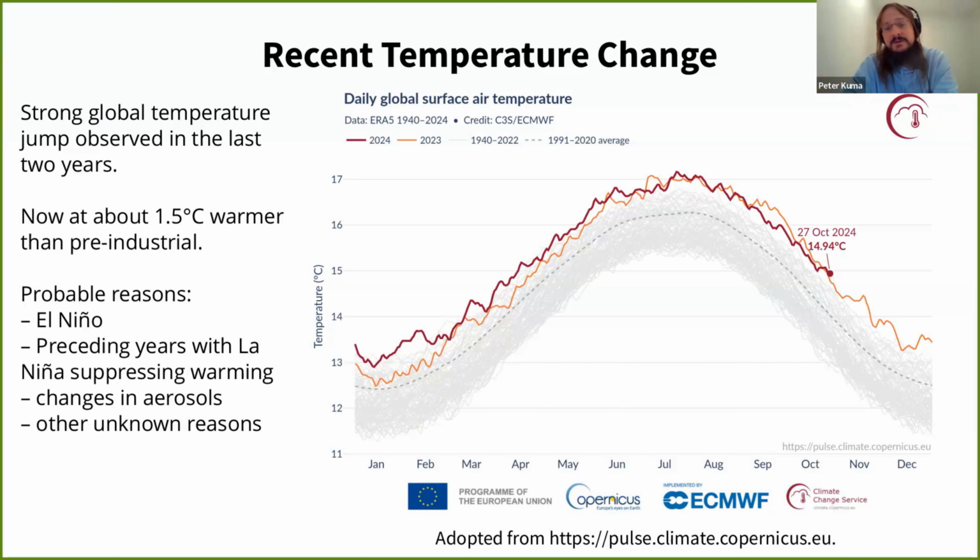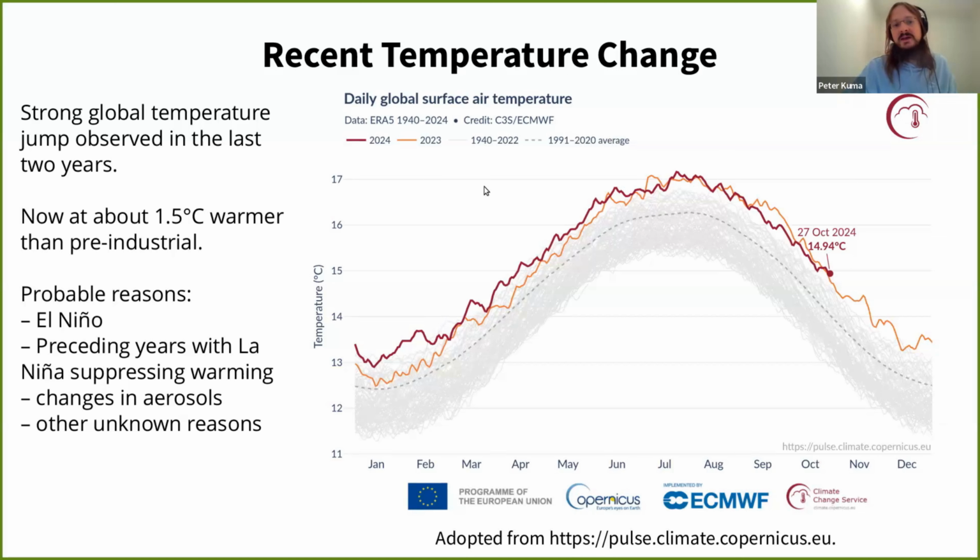The El Nino time periods are globally warm ones, and the La Nina periods are cold ones. That's due to how the circulation is arranged over the Pacific Ocean and in the Pacific Ocean. And so for the last 2 years, you can see here in the red and orange lines, which are now statistically way warmer than the previous years. The gray lines are the previous years, and currently it's still uncertain why there was such a jump in temperature and whether it's going to persist or not.